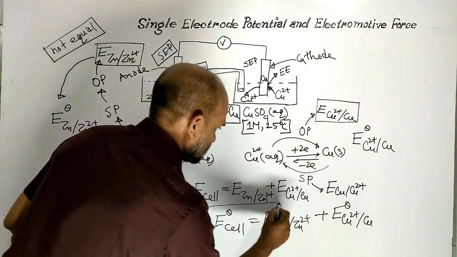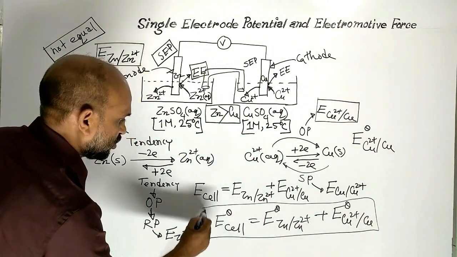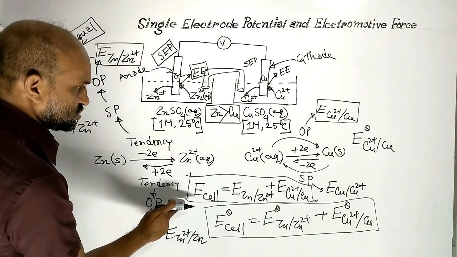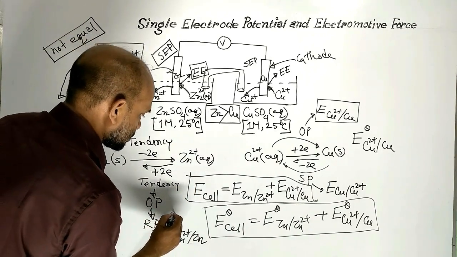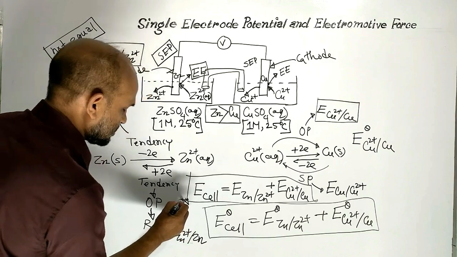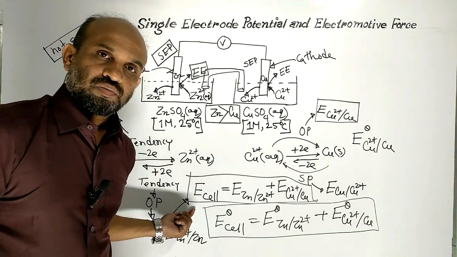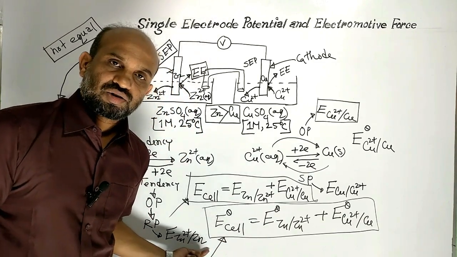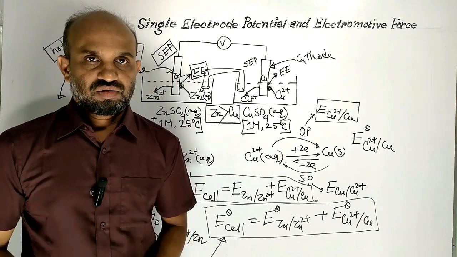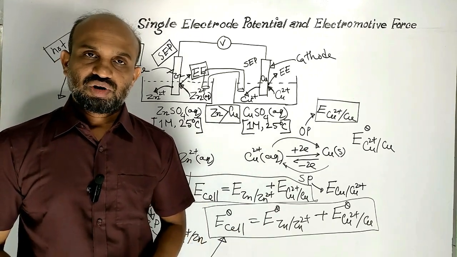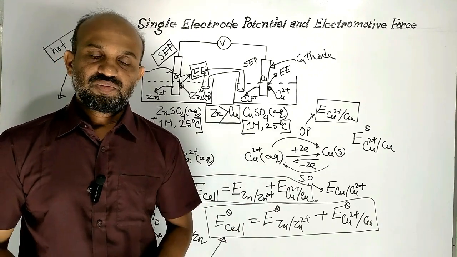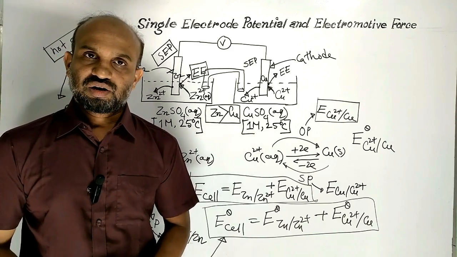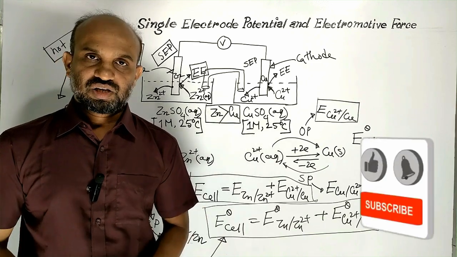So this is standard electromotive force and this one is simply electromotive force at any condition, but this is electromotive force at standard condition. Standard condition: concentration of 1 molar and 25 degrees Celsius temperature. Then we will get standard electrode potential and standard cell potential,